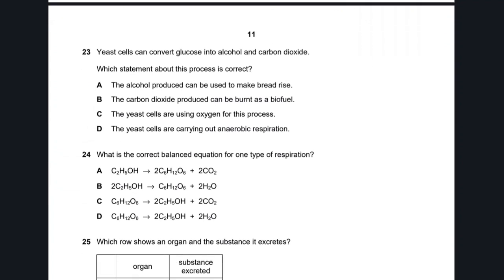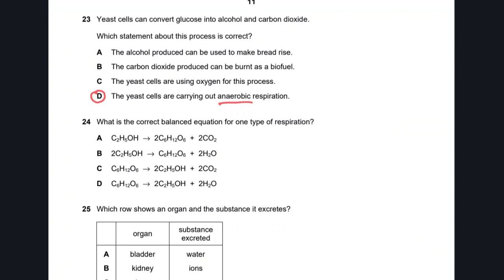These cells can convert glucose into alcohol and carbon dioxide. Why? Because it respires anaerobically, and then the products are alcohol and carbon dioxide. If we look at the chemical equation of this process, that will be glucose into alcohol and